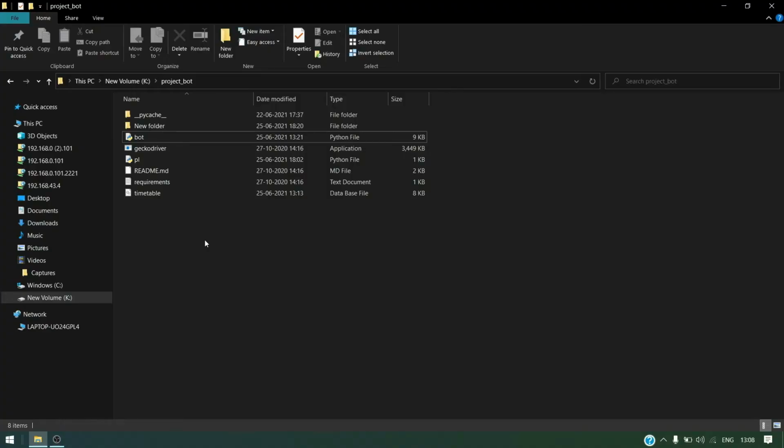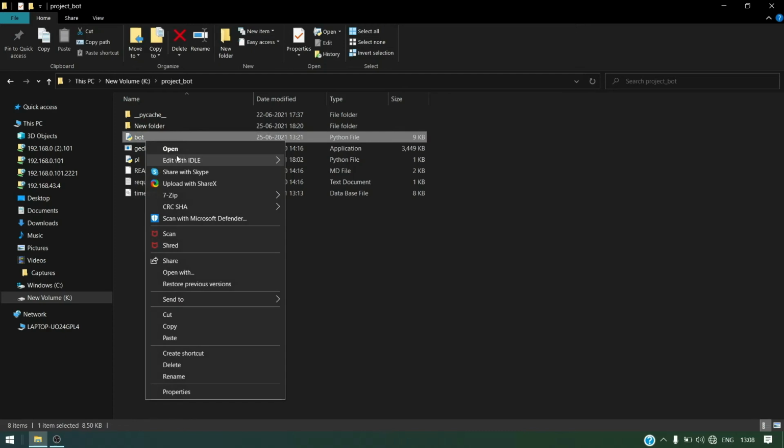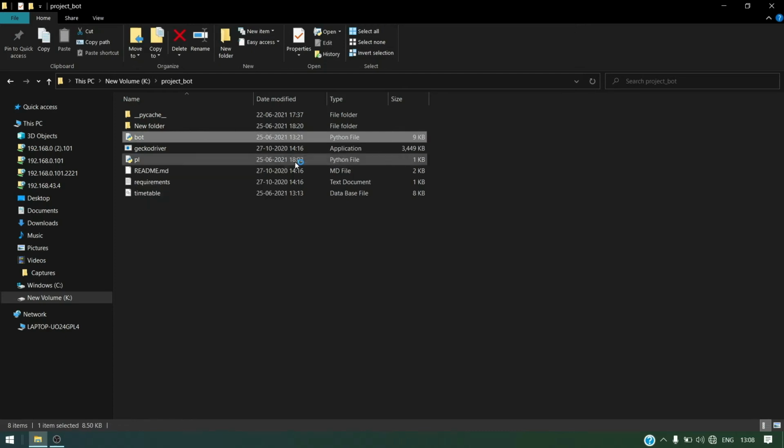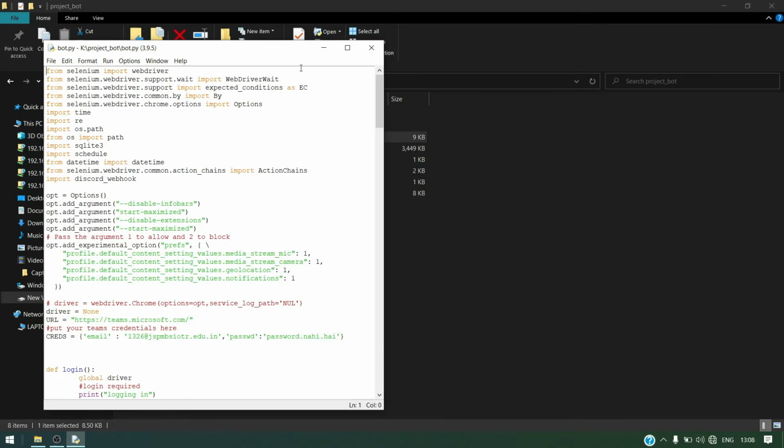Now we will see the actual source code of the bot. Here we have used all the essential requirements for the Selenium module, all the web drivers for our Chrome browser.